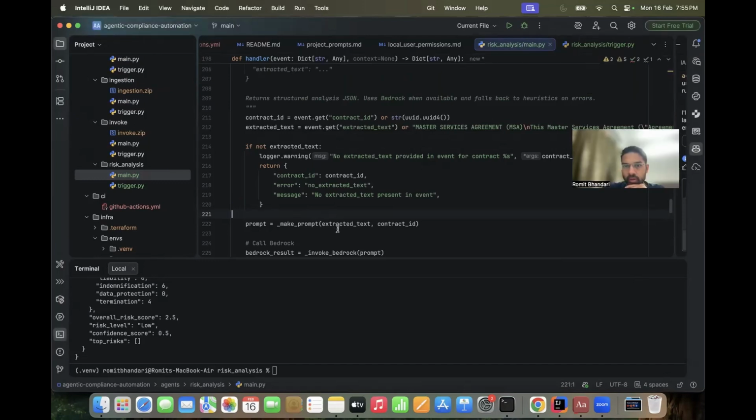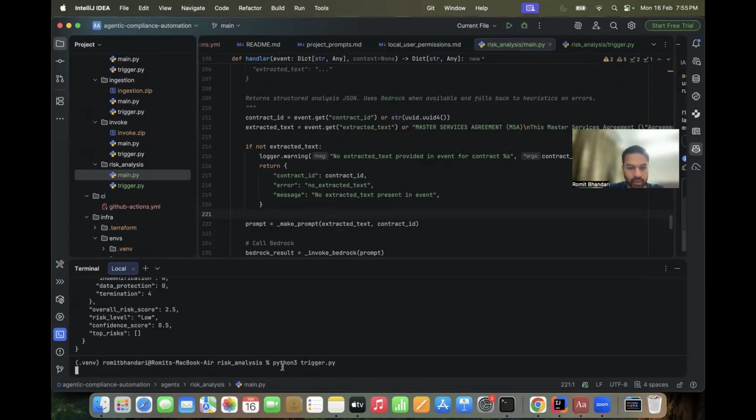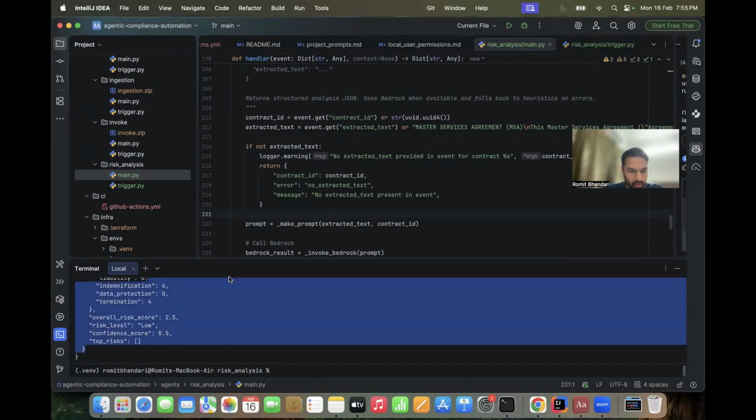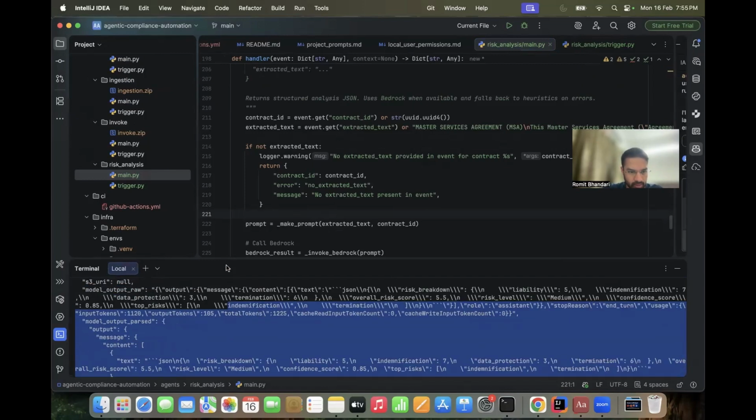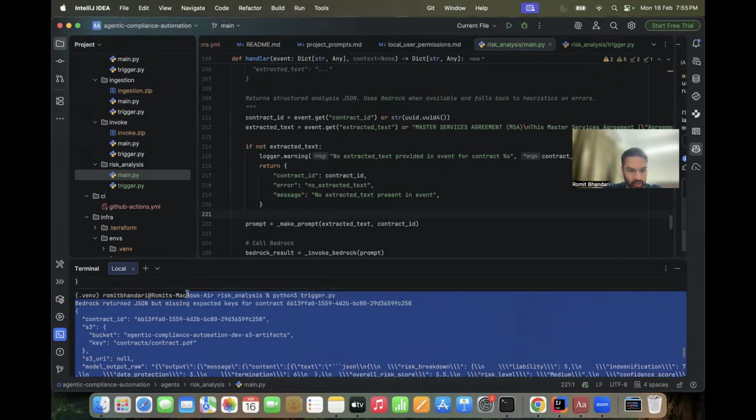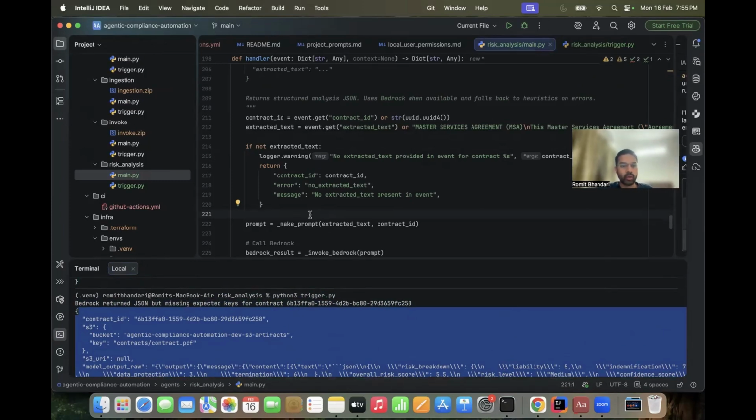So let me trigger the trigger.py inside risk analysis. Okay, so it has basically got some results. There may be some modification, some small fine-tuning required in your main.py, but more or less the Lambda code is ready for the risk analysis. So we will do the fine-tuning and the Terraform apply for the